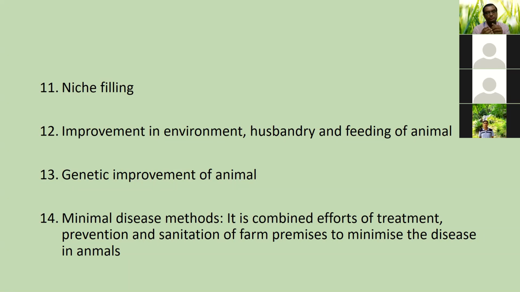That's why the use of probiotics came into existence, or slow dose feeding of non-pathogenic bacteria to the animals. This will also help in the control of disease. If your intestinal tract is full of healthy bacteria, the pathogenic organism cannot attach to your GI tract, and that's how you will have better health. You will not have a disease like salmonellosis. So this is a concept where niche feeding is adopted.